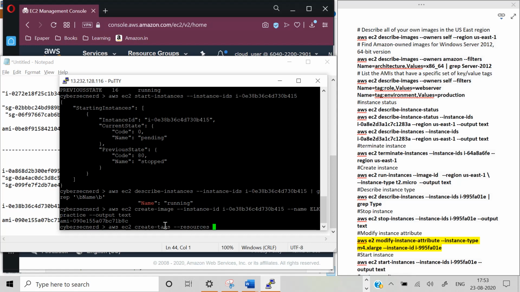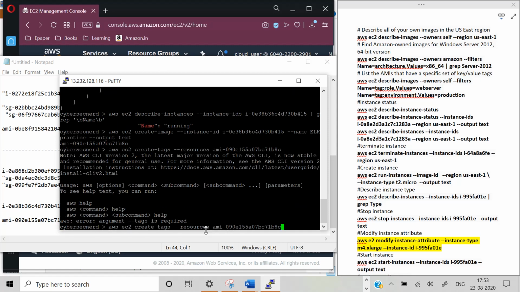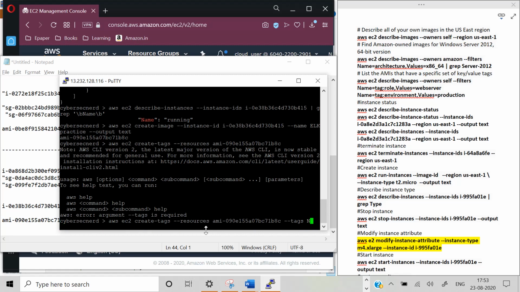resources, and I will give this image ID as the resource. Okay, this is done. And now tags, the key.